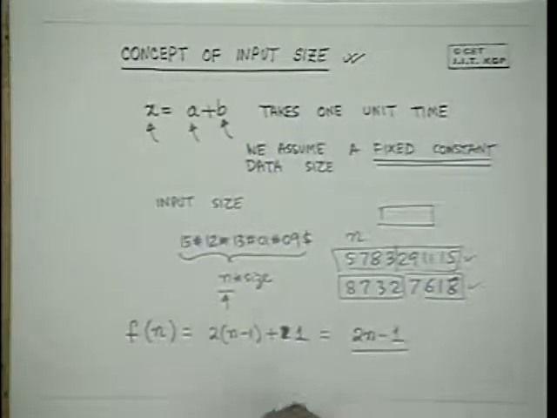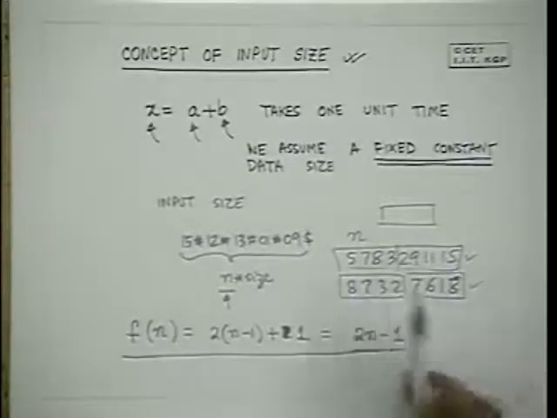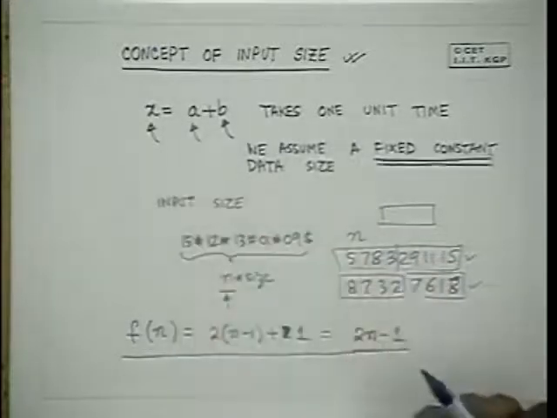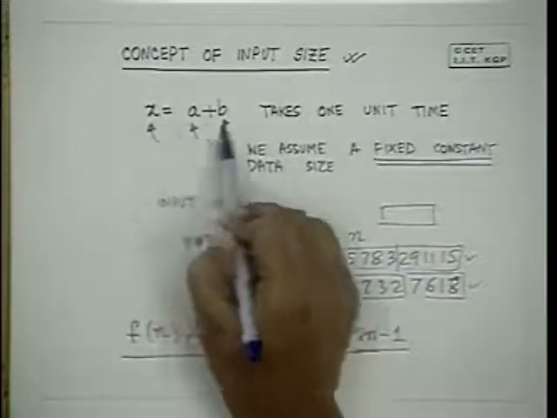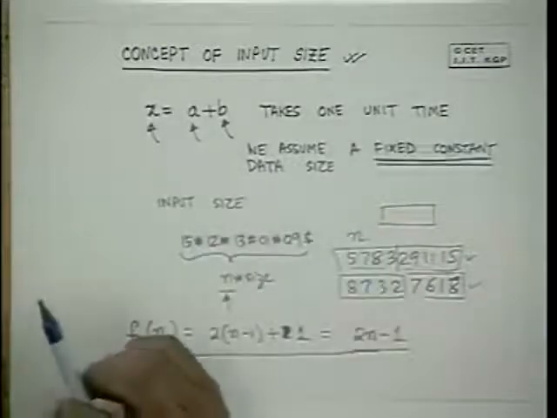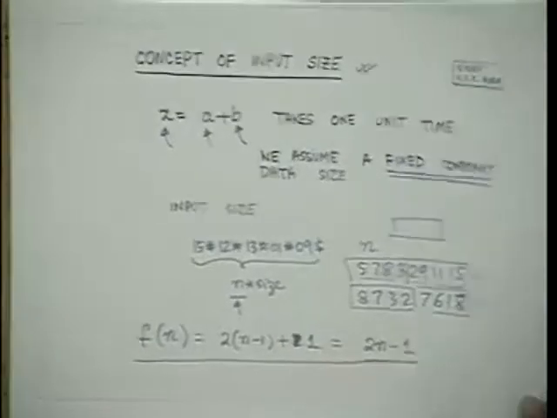So this is how we make a realistic analysis. You have to be very pragmatic, and you have to know very clearly what assumptions you have made when you analyze this. Otherwise, you would have simply said multiplying any size number is a constant, because my addition of two arbitrary size numbers is a constant, because my addition operation is a constant. This is not a correct analysis. So you have to be very pragmatic about your analysis. So the concept of input size is important.